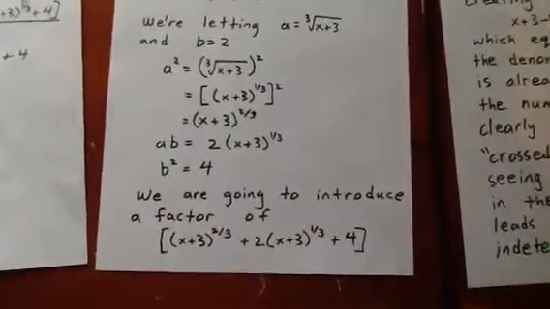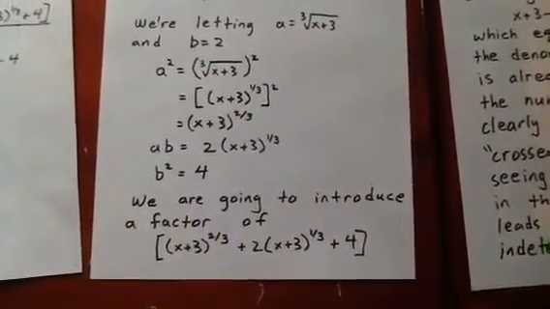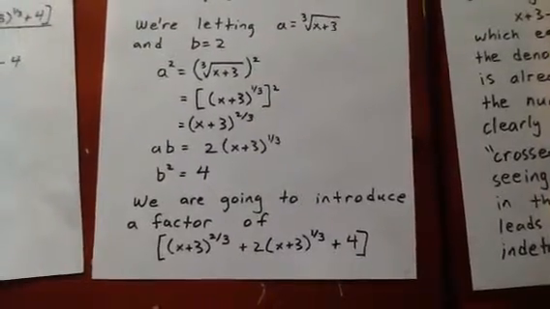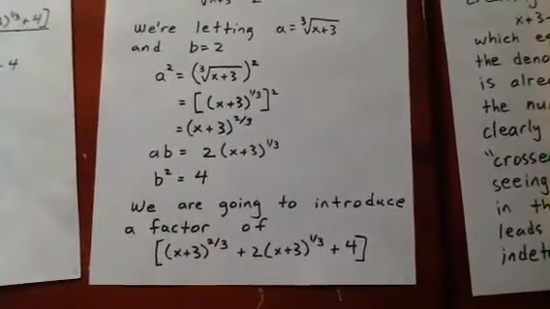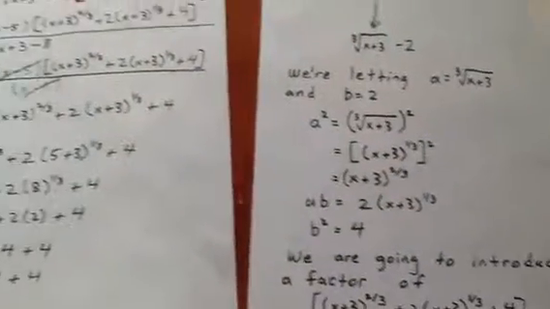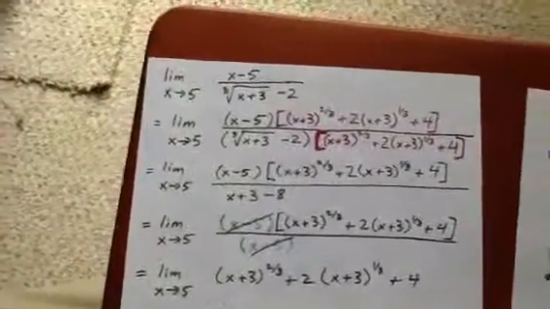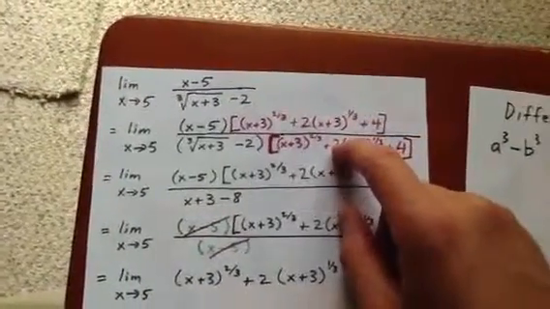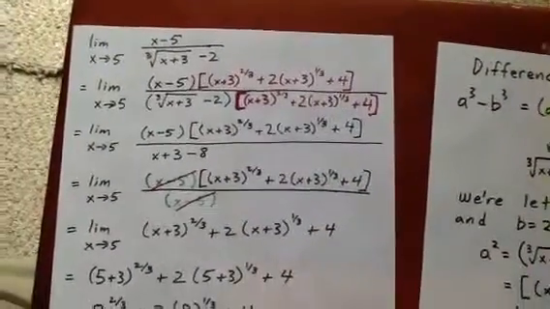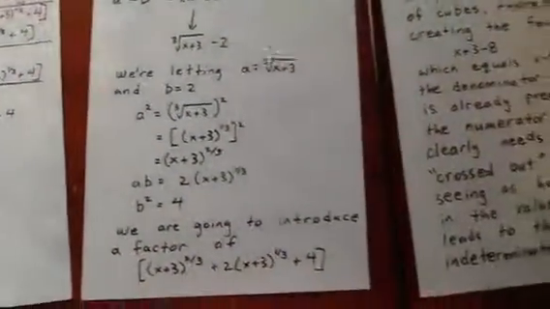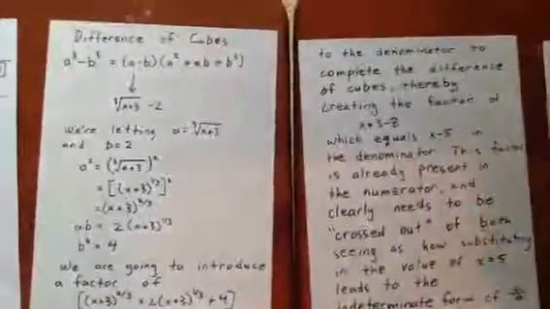And so what we're going to do is introduce a factor of x plus 3 to the 2/3 plus 2 times x plus 3 to the 1/3 plus 4 to both the numerator and the denominator. And that's what we do. We multiply it, we introduce it to both the numerator and the denominator. Now, a little bit of a further explanation, which I won't go into verbally, is right here. But what ends up happening, what we can see,